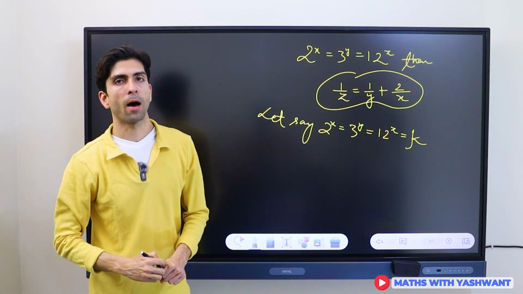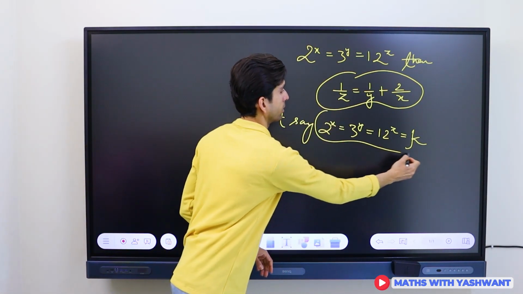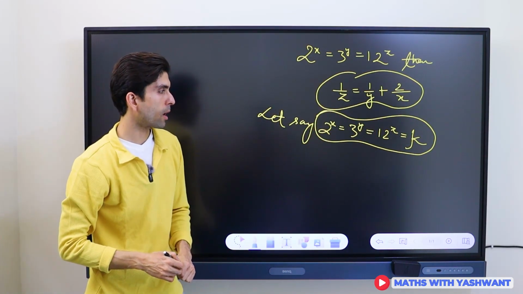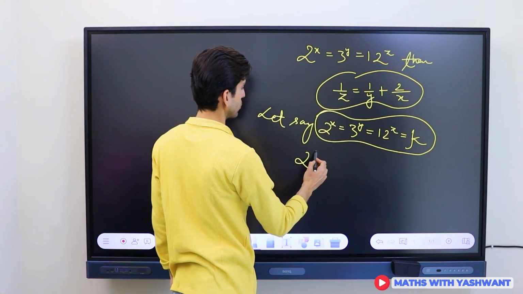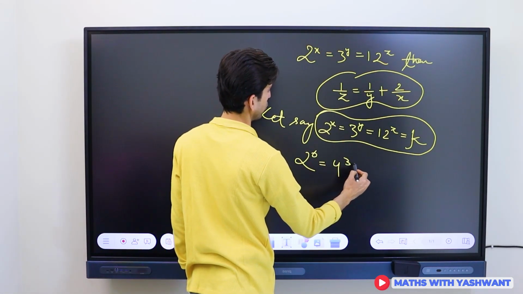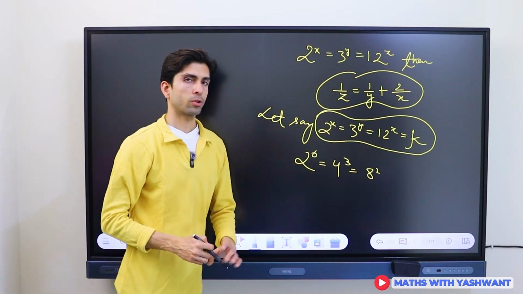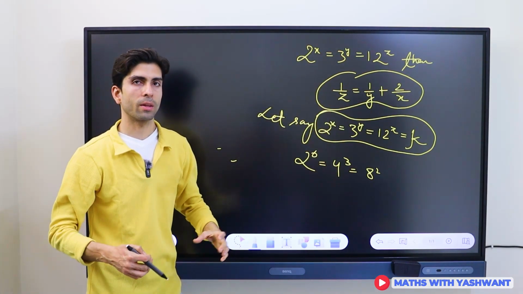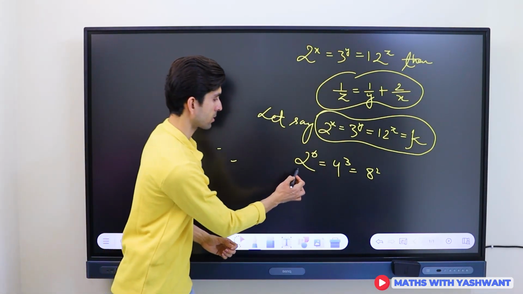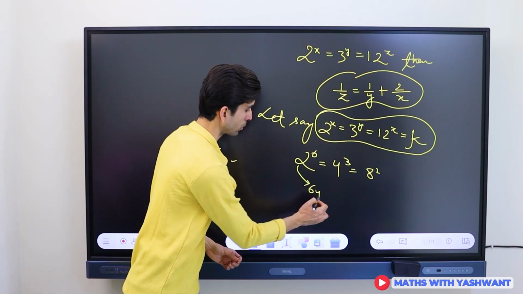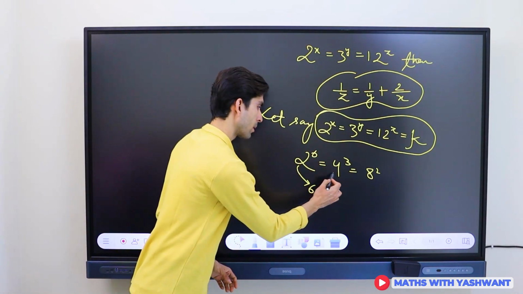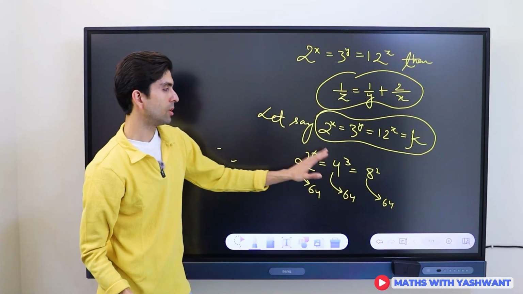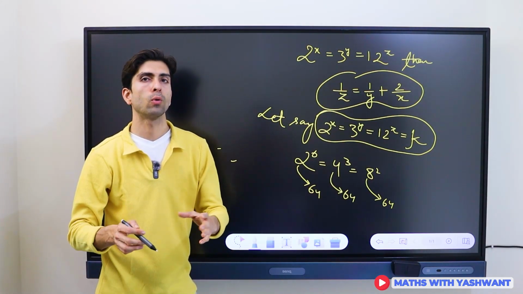Now many of you might feel uncomfortable with this statement. Let me give you a realistic example of this scenario. Let's say we have 2 to the power 6, 4 cube and 8 square. Just try to relate these three with the question that we are given. 2 to the power 6 comes out to be 64. 4 cube, again 64, and 8 square, again 64. So these three exponential forms are actually giving you the same value,